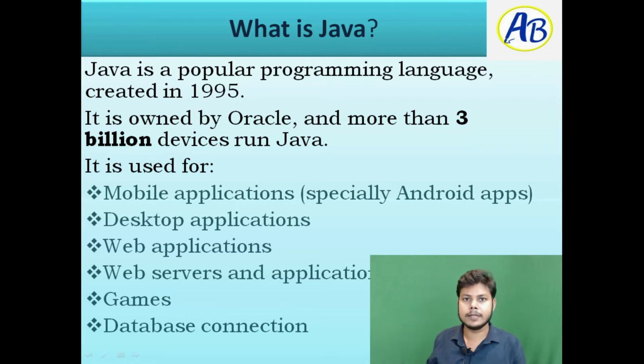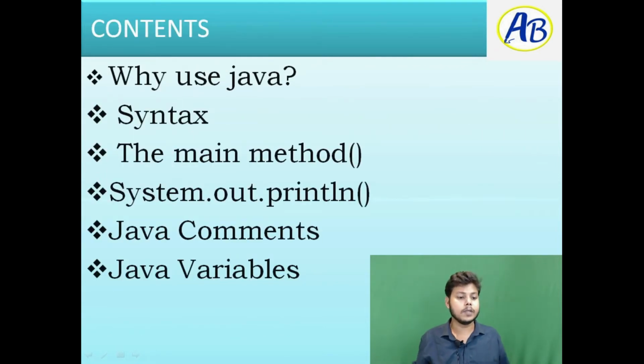When we code something, we are creating the front end and the back end. But the main concept is that we have to connect the whole code of the front end and back end with the database. Java helps us with connecting to that and giving output to the user, or specific efficient data to the user. So that's why we are using Java here. It is written that we are using it in mobile applications, desktop applications, web applications, web servers, application servers, games, and database connection. I told you earlier why we are using Java.